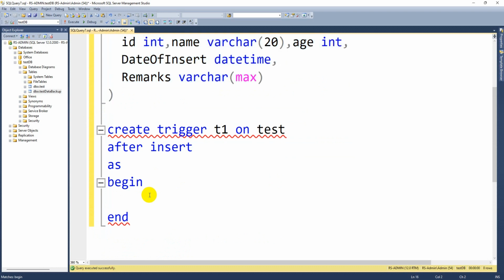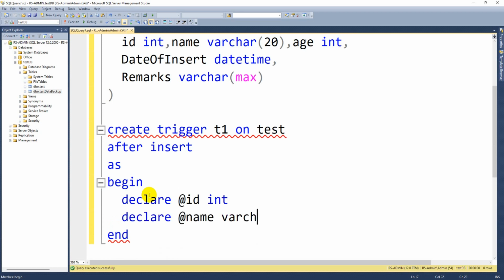So first of all, I need to get the data which is inserting into the table. For that we need some variables: declare id which is of integer type, declare name which is of varchar type, age which is of integer type.